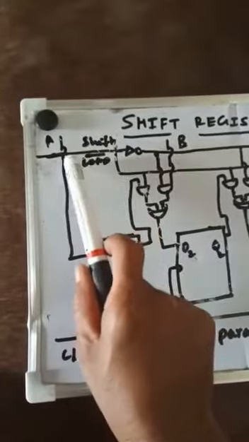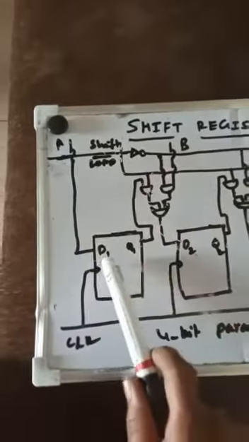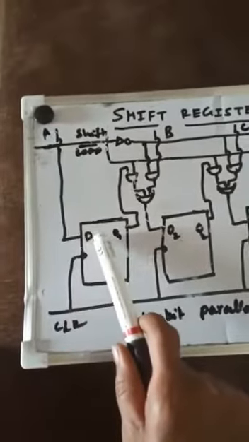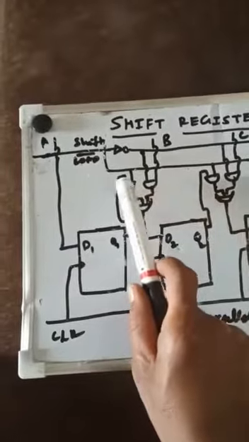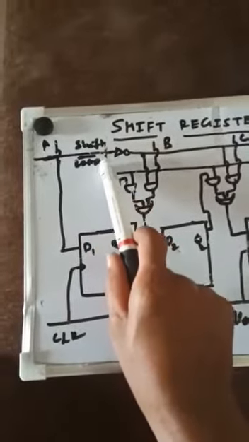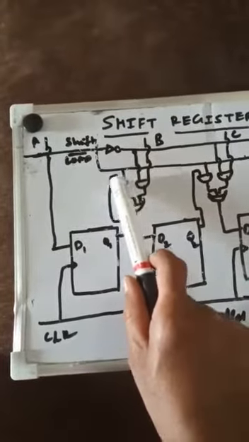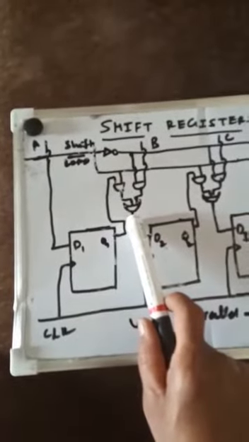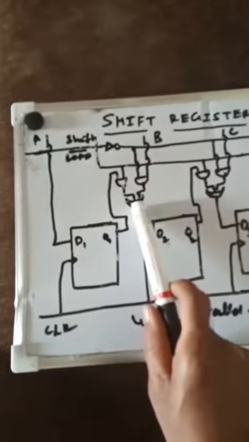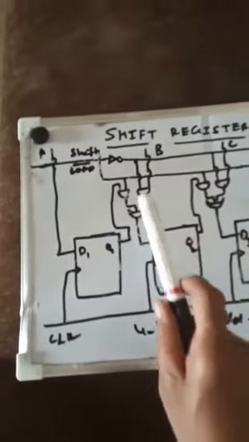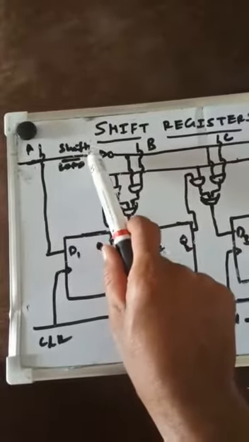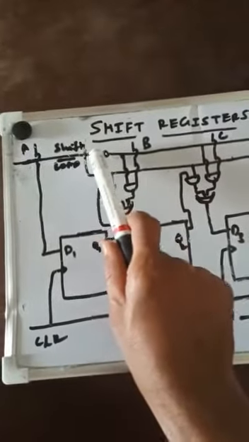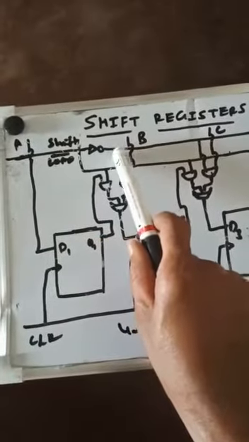That input is transferred. That means once the shift is there, on this top layer, once A is given as input, because A is directly connected to this, that one is transferred to this, and again that one is given to the input of this first AND gate. Because the shift is 1, this one is connected to this. Once this is activated, that one is applied to the input of the OR gate. But at the same time, this is not activated. Why? Since it is 1, only this line is activated and this line is not activated. That means it becomes 0, and 0 is coming to this.